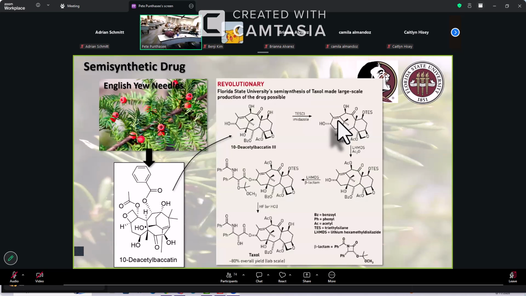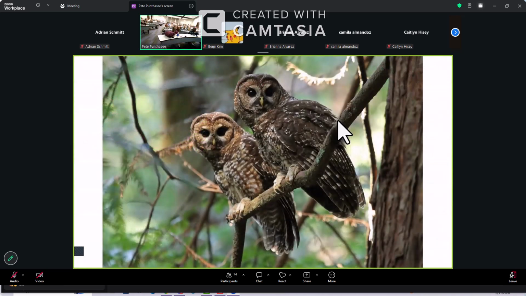How many are on the leaves? There's too many leaves. This is great. When you pull the leaves out, the tree doesn't die. Does that make sense? It can regrow the leaf. So extract the compound from the leaf, you get that and go 1, 2, 3, 4 steps to get the Taxol. 80% overall yield. Look at that. Now this is how we save lives. This is organic synthesis. But it took years of